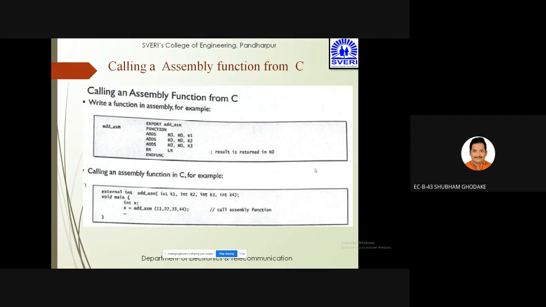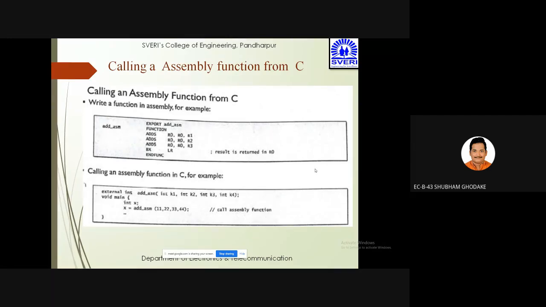Now, this is the example of calling an assembly function from C. You can see that we write a function in assembly, add ASM. So we export add ASM, and the function does ADDS R0, R0, R1, then ADDS R0, R0, R2, then ADDS R0, R0, R3.